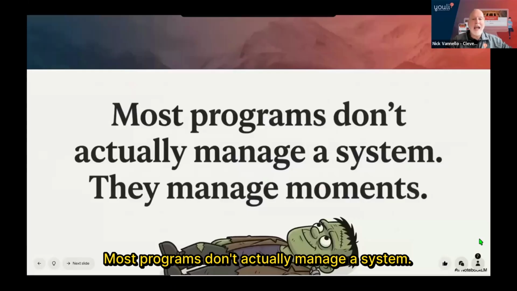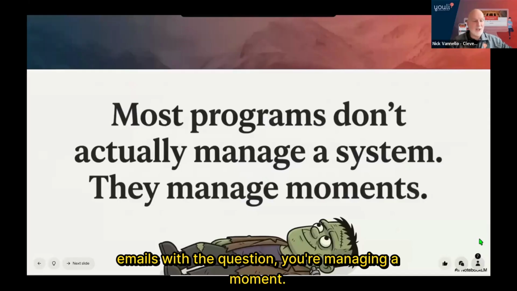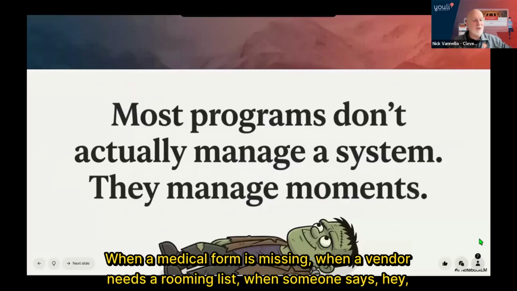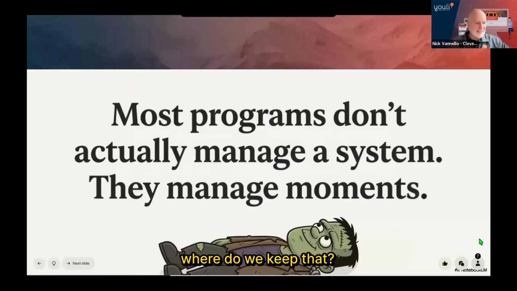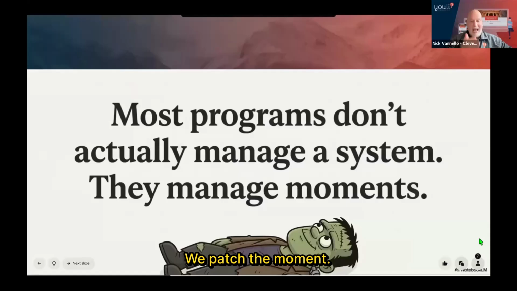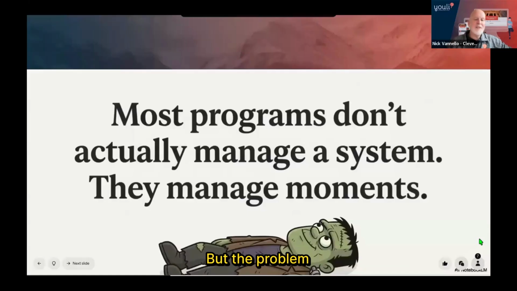All right. Most programs don't actually manage a system, they manage moments. So when someone emails with a question, you're managing a moment. When a payment fails, you're managing a moment. When a medical form is missing, when a vendor needs a rooming list, when someone says, "Hey, where do we keep that?" And we respond the way that humans always do. We patch the moment. We add a form, we add a spreadsheet, we create a workaround, we add a tool. And none of those choices are wrong in isolation, but the problem always shows up in the